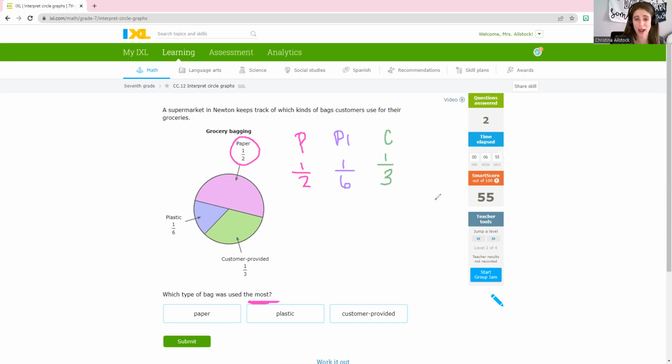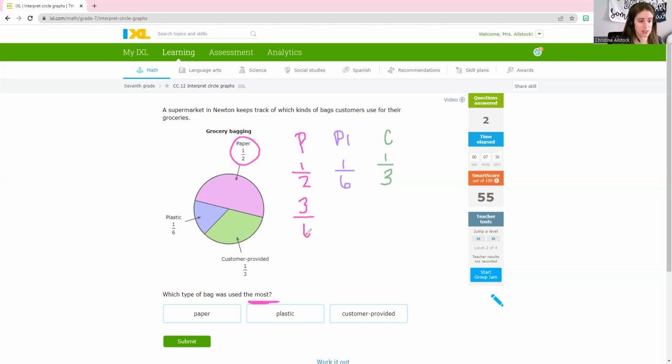And if I want to compare my fractions, again, I need to make the denominators all the same. I'm going to look here. When we make denominators the same, we're typically taking a smaller denominator, so a smaller number, and multiplying it by something to make it larger. And my largest denominator is a 6. So I'm going to see if I can make the other two have a denominator of 6. For my paper bag here, I know that I can multiply 2 times 3 to be 6. So you'll multiply that whole fraction by 3,